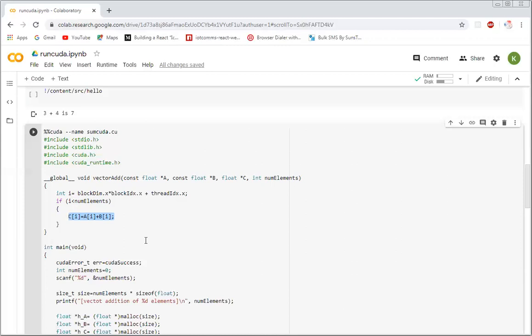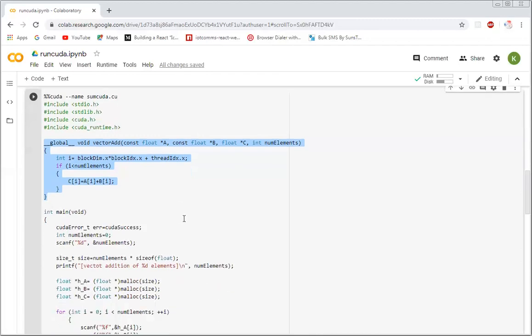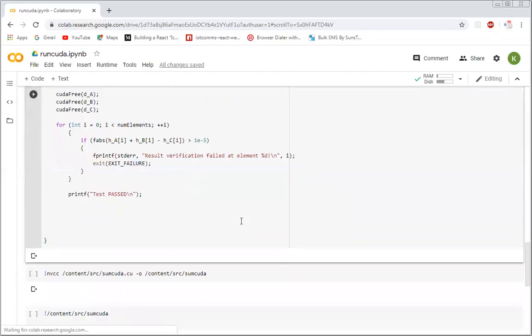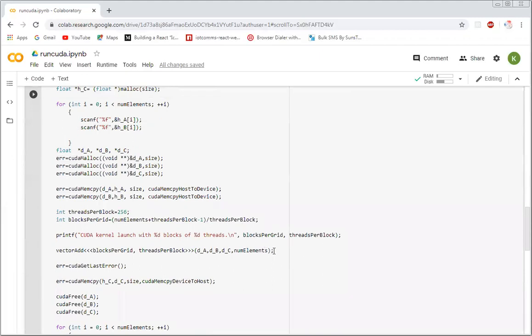in C[i]. Now, when this function executes on the device side with different threads, variable C has been updated. So variable C has the updated value. Now this updated value should be brought back to our host side.